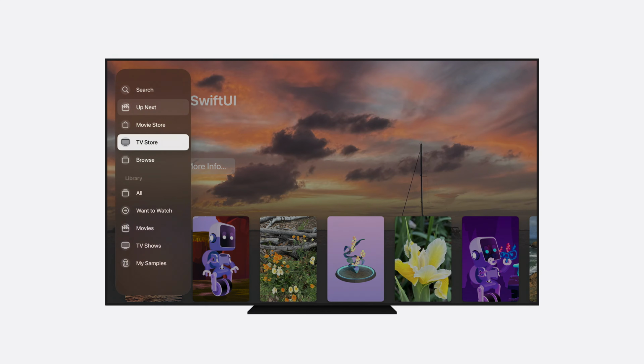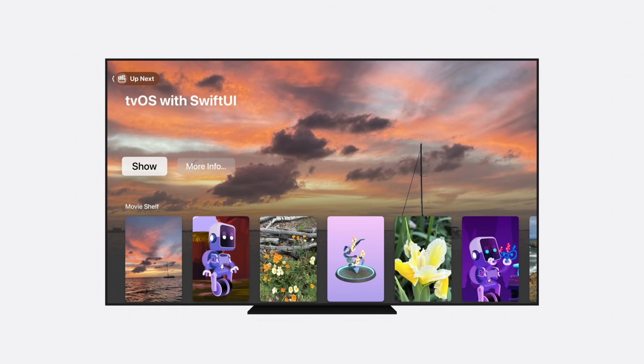The floating sidebar from the TV app is now available system-wide in tvOS 18 through SwiftUI. It has the same gorgeous translucent appearance and shrinks down to reveal the same compact indicator from the TV app. If you've been building out your own sidebar, consider adopting this new appearance in your app. You can build it using the existing NavigationSplitView APIs.